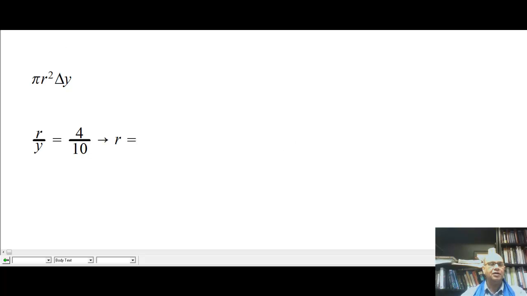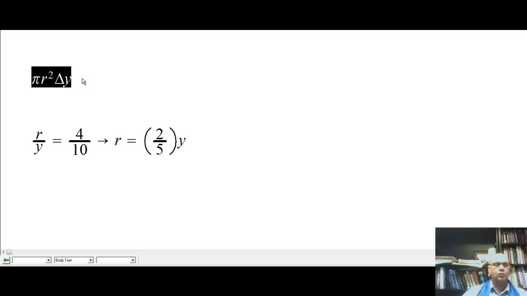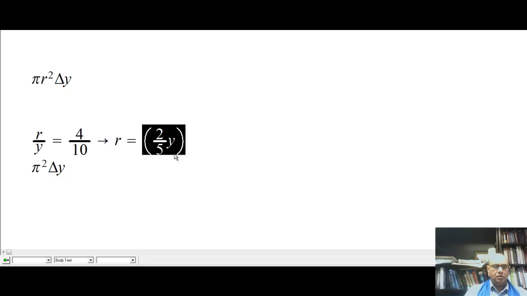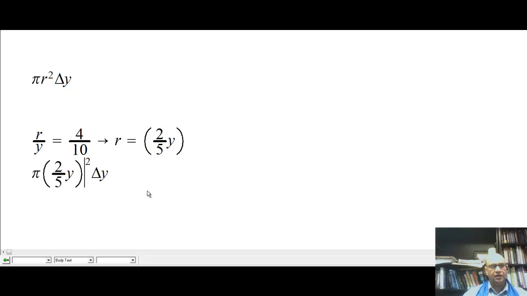So, solving for y, r is 2 over 5 y, right? Makes sense? So this quantity becomes what then? Simply, I could have written this y here, right? So this quantity becomes what then? We'll plug in that value. Let me do that fast before I leave that as a mistake. So that will be 4 pi over 25